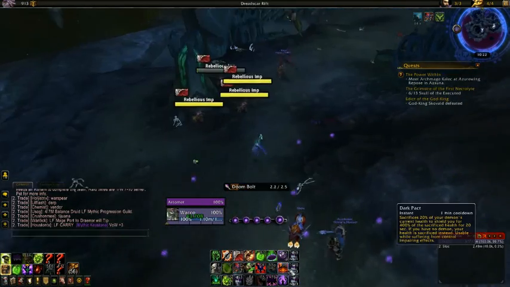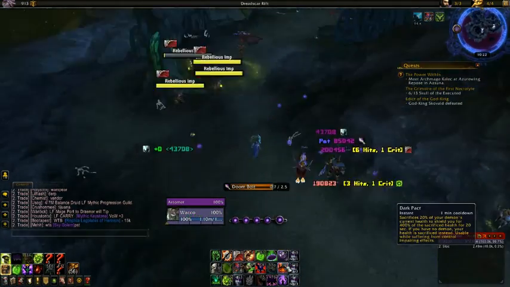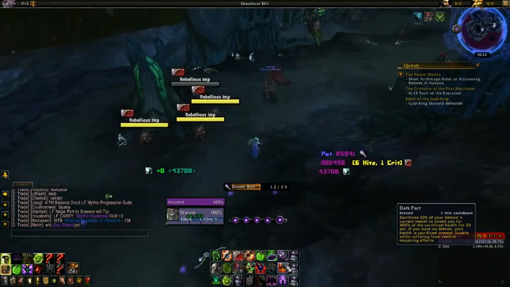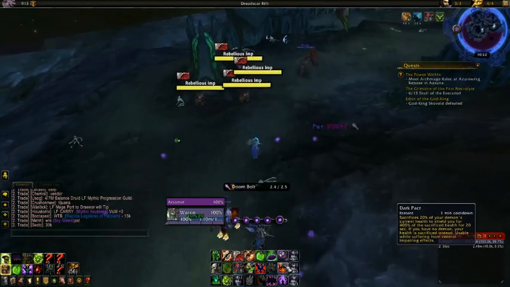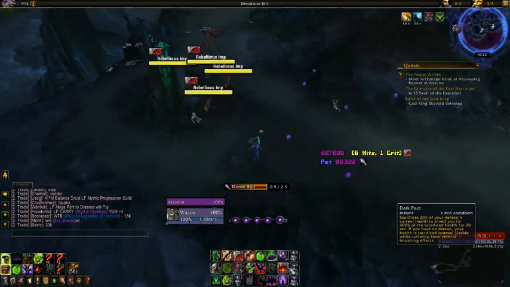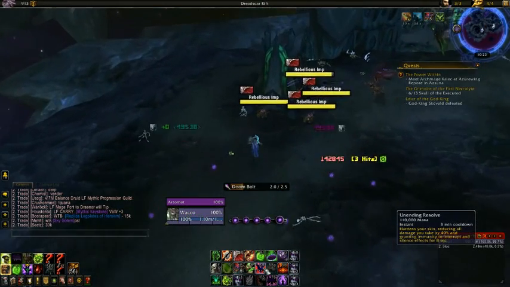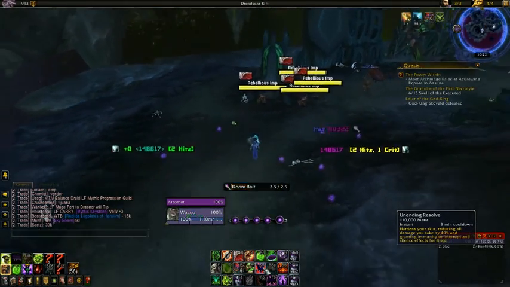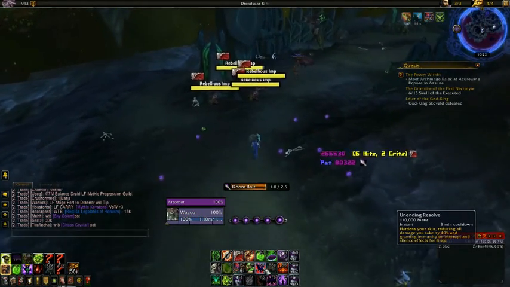You have two defensive cooldowns being Dark Pact and Unending Resolve. Dark Pact sacrifices 20% of your demon's current health and grants you a shield for 400% of the sacrificed health, lasting 20 seconds. This can also be used while you're stunned or feared or in any other movement impairing effects. And then you also have Unending Resolve, which reduces damage taken by 40% and grants immunity to silences and interrupts